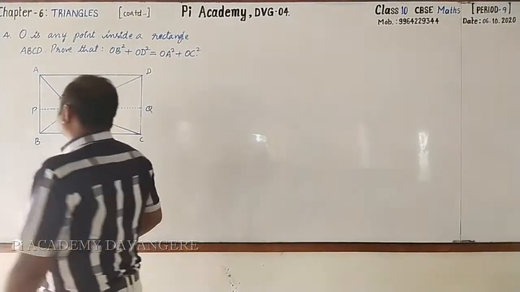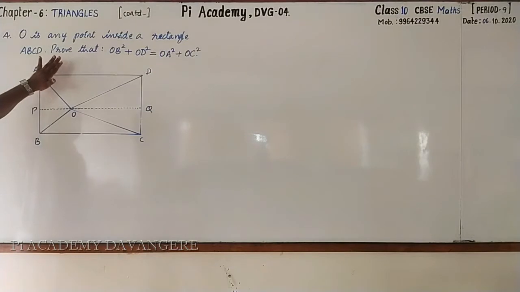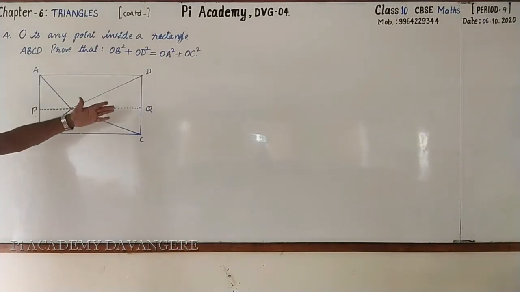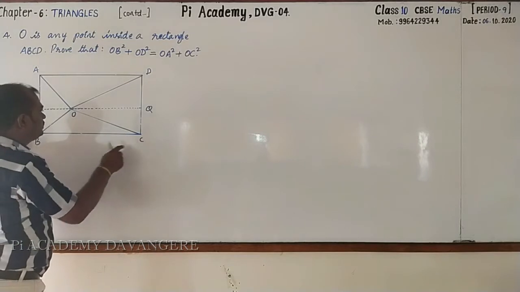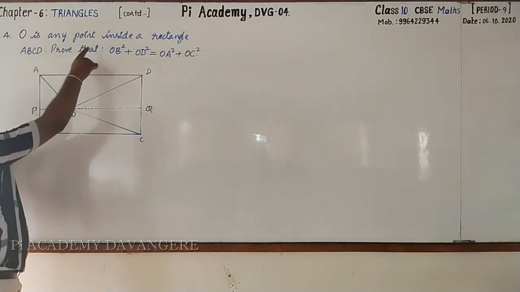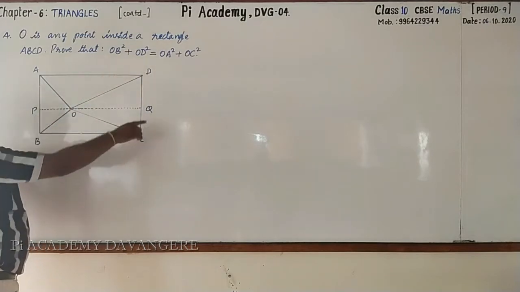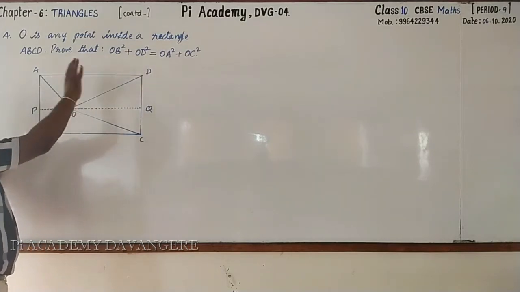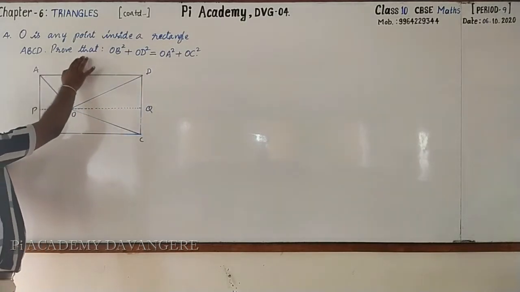Yes. Dear students, go through this fourth one. It is also a simple one. And in this figure, they have already given the construction. But from the examination point of view, don't expect this construction. They may only give this much of the figure except PQ. Here O is any point inside a rectangle. ABCD is a rectangle. Prove that